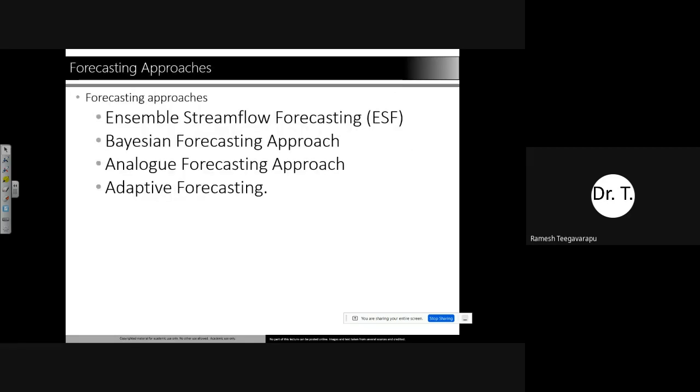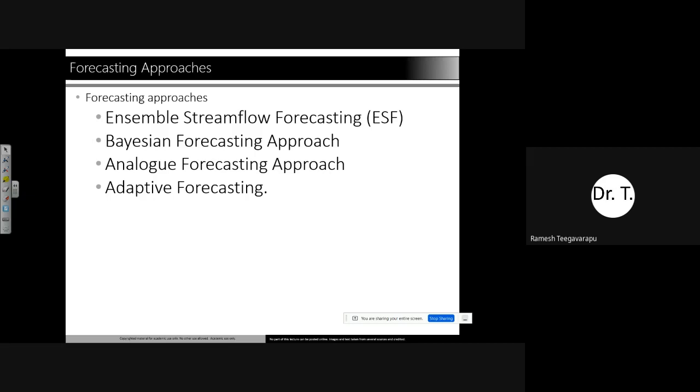So when we talk about forecasting approaches, when we say forecasting, we are trying to forecast for the next day or next week or next month. But it can be any lead time. Any forecast horizon can be any number of days, right? There can be a lead time also. Lead time in the sense that, for example, if you're forecasting for next Thursday, you are forecasting now. So the lead time is basically from now to next Thursday. So that's your lead time.